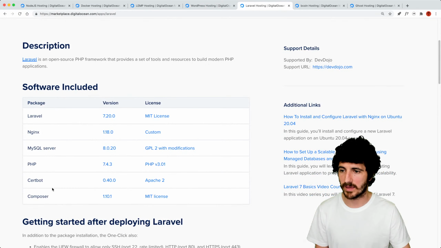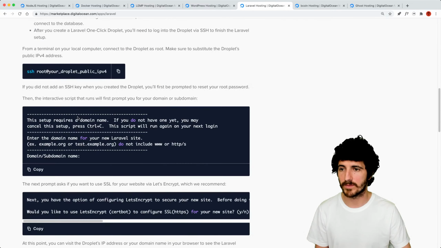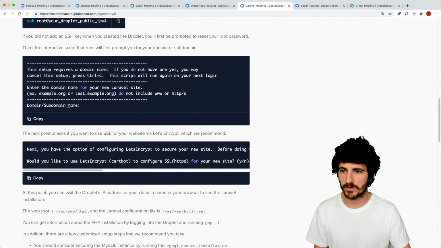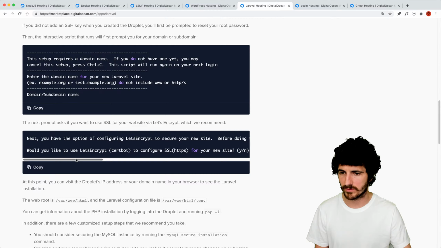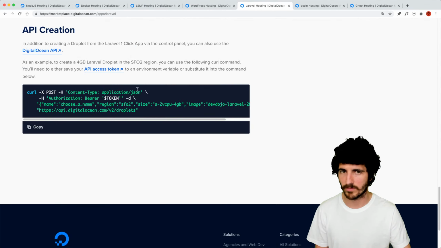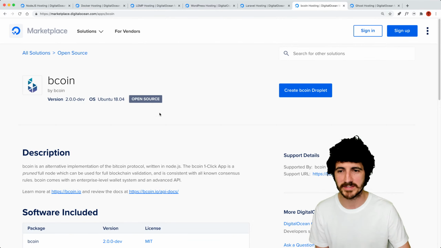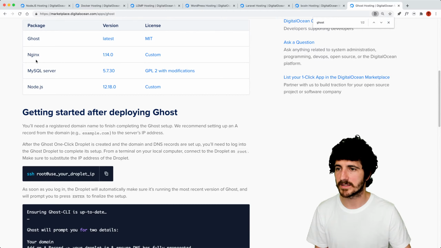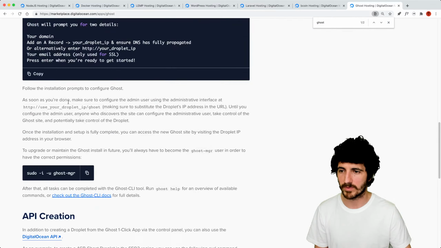Laravel has a LEMP stack with Composer and Laravel, which are the tools that you use to create Laravel websites. And there are a few things that help you set up probably the certificate and the Nginx thing and commands, which are things that we can see in separate videos. Bcoin, which I haven't used, and then Ghost that also has an Nginx stack and Node. So Ghost is a Node application.